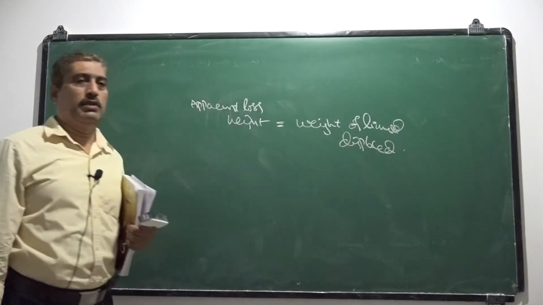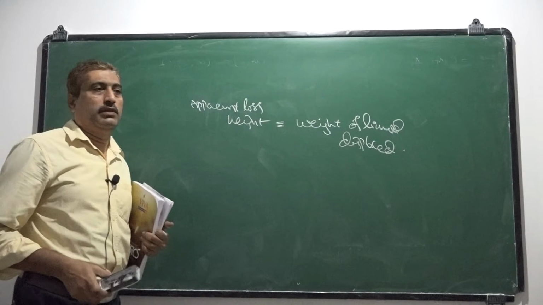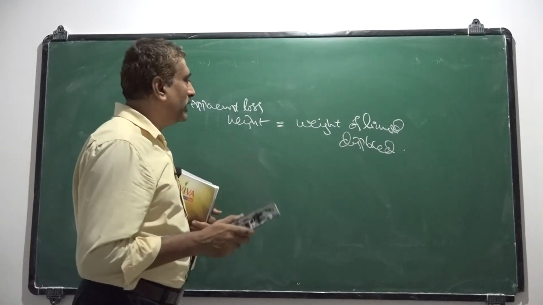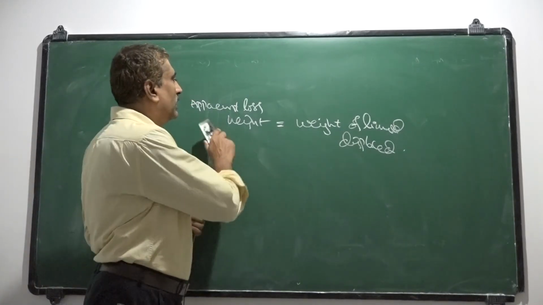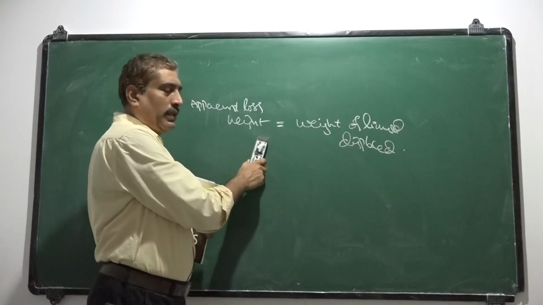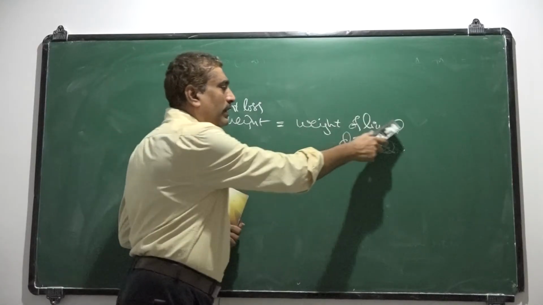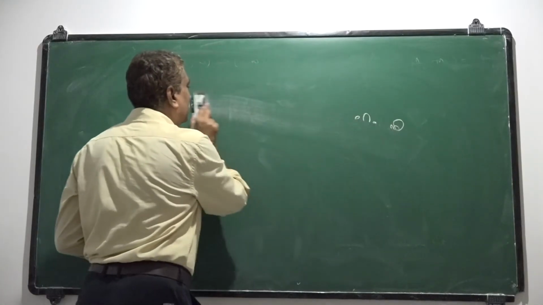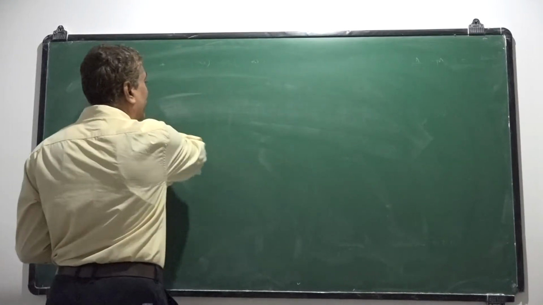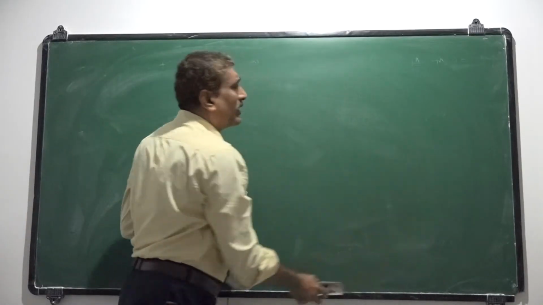Okay, remember this part. This is called Archimedes principle. When a solid body is completely or partially immersed in a liquid, then the apparent loss of weight of that particular solid body is equal to the weight of the liquid displaced. And another formula you have to remember is,